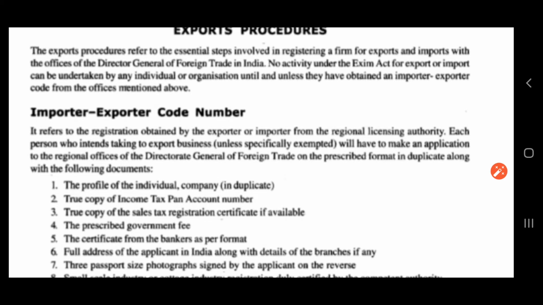The application should be in the prescribed format and it should consist of a duplicate and all the documents, like the profile of the individual. If an individual is applying, the profile of the individual. If we are applying on behalf of a company, the profile of the company should be attached in duplicate, that means the Xerox copies,